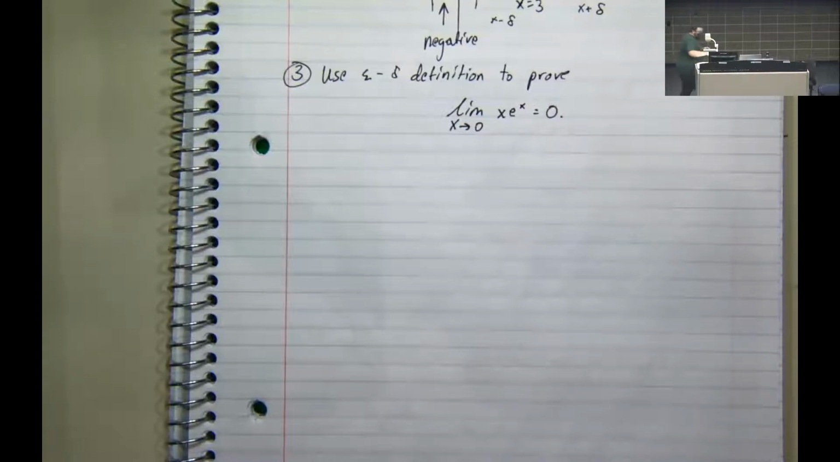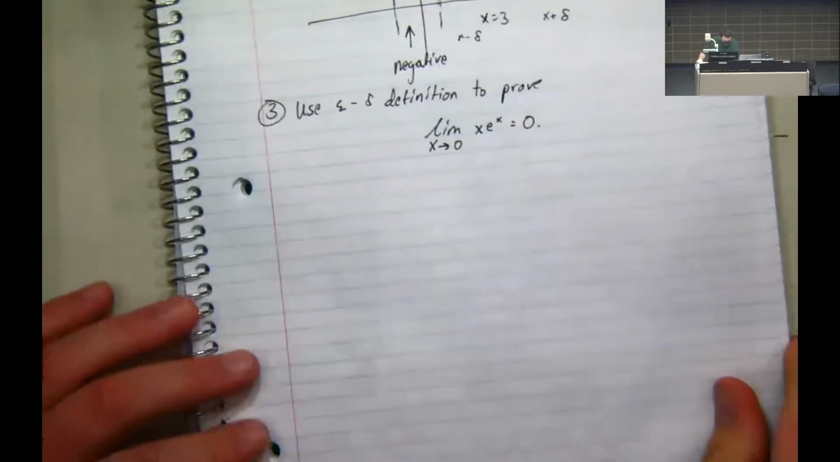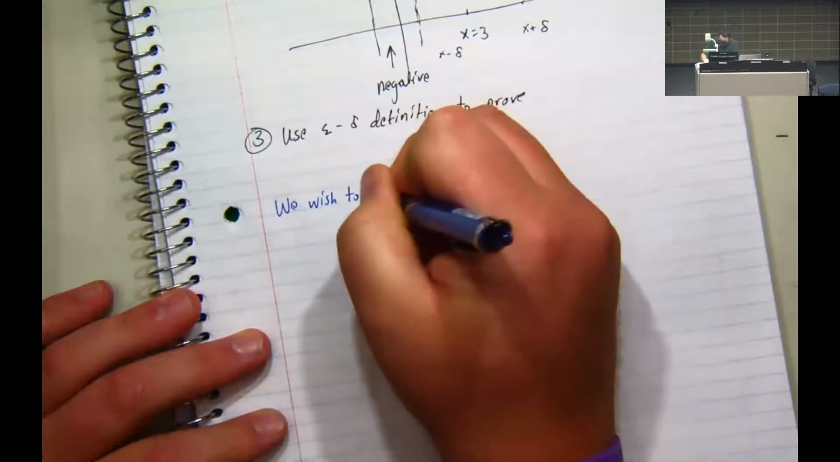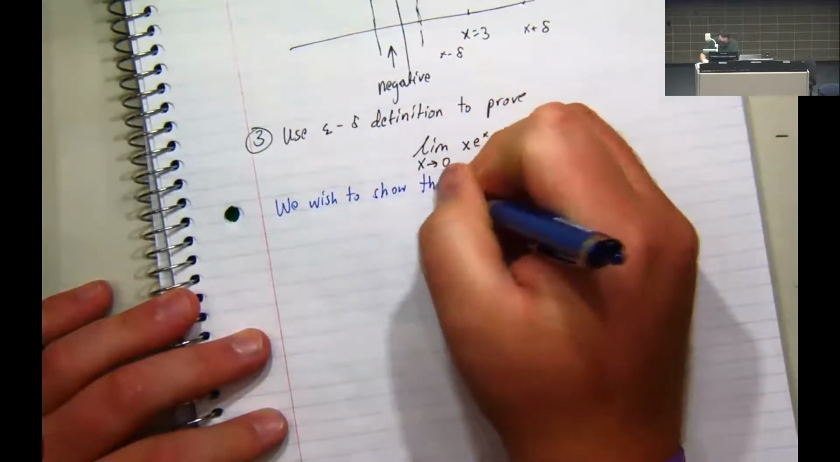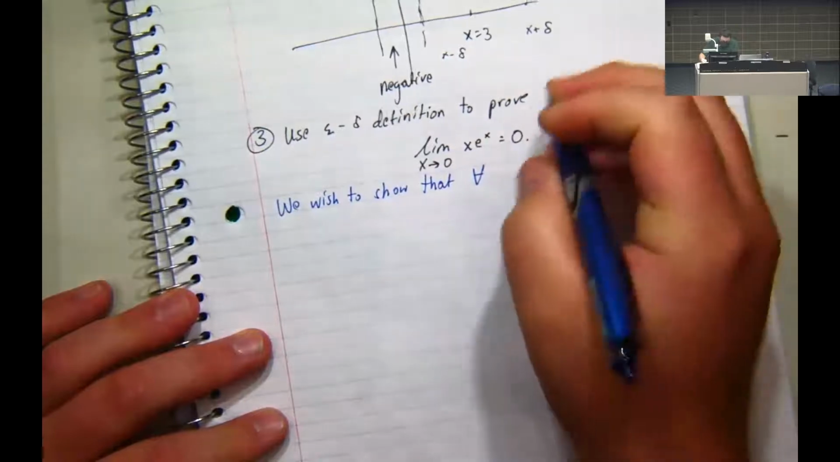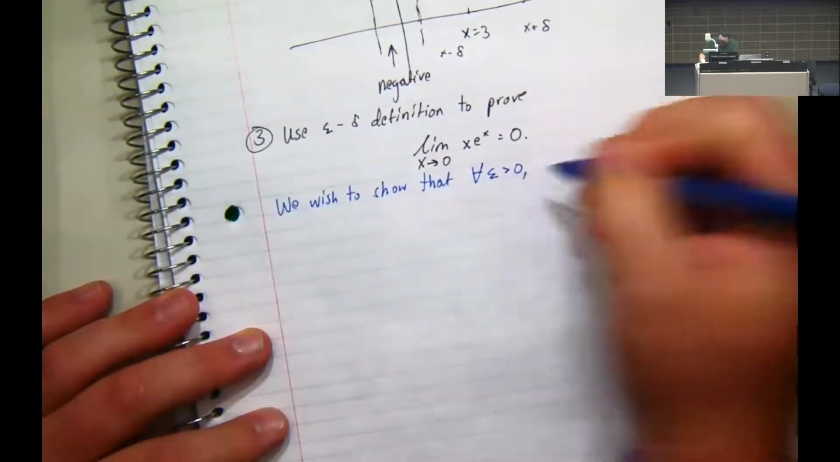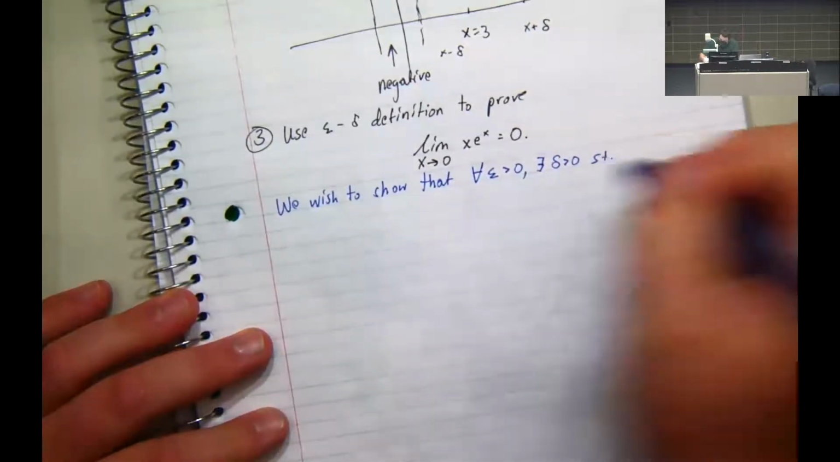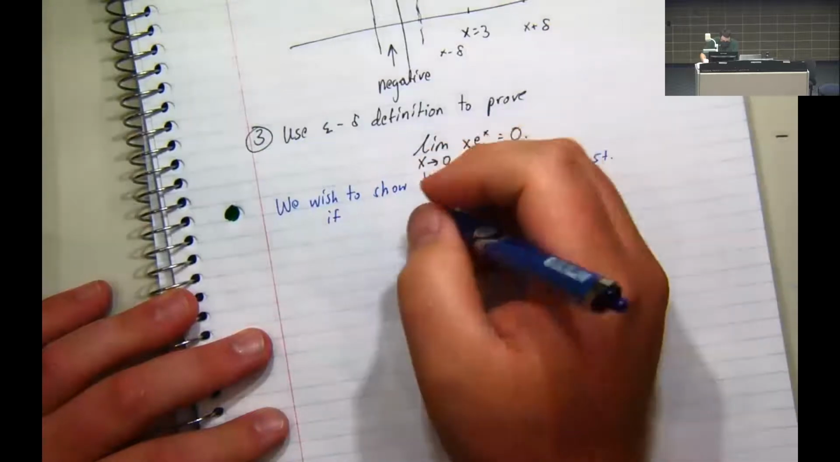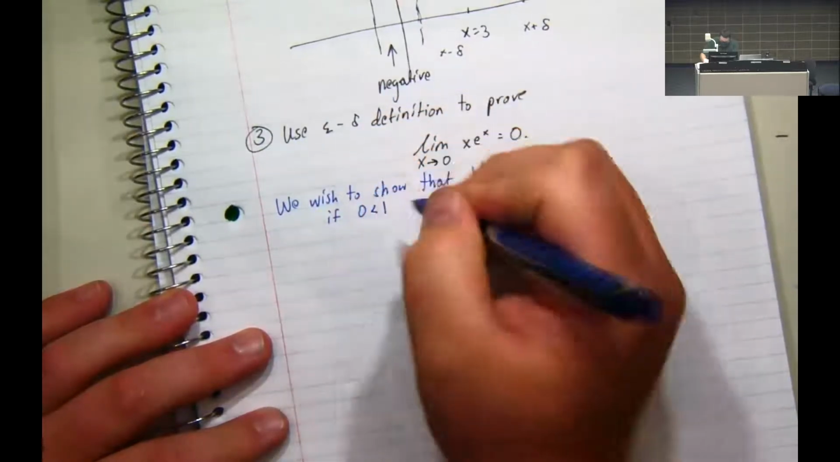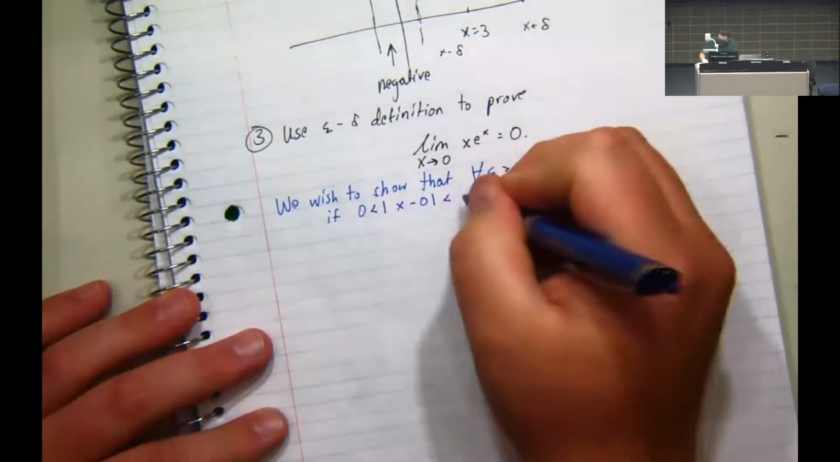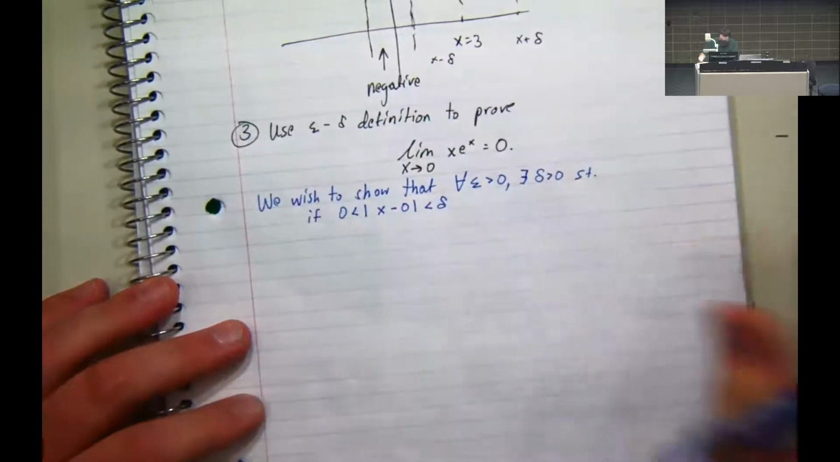Our question. Once again, we'll start with our definition. We wish to show that for all epsilon greater than 0, there exists a delta greater than 0, such that if 0 is less than absolute x minus 0 is less than delta, then